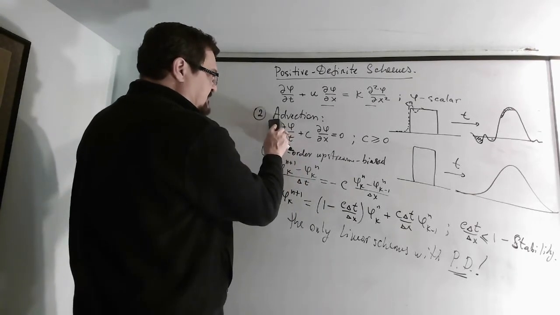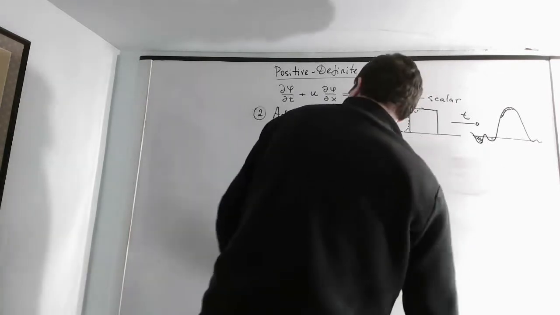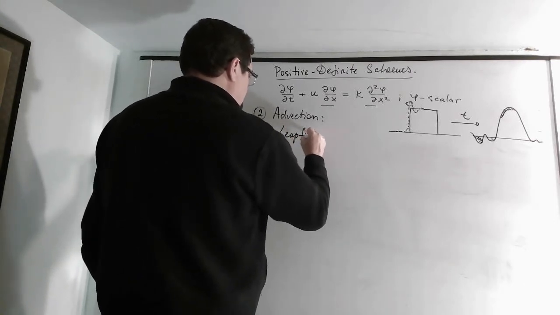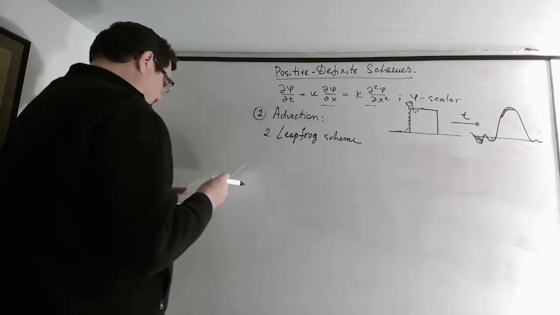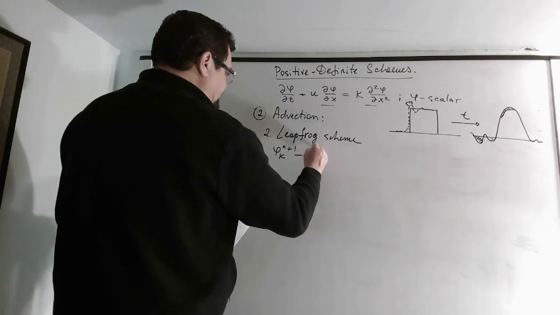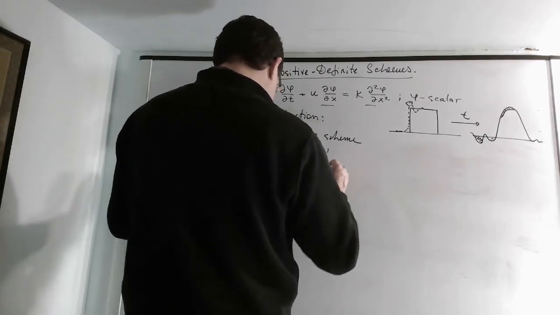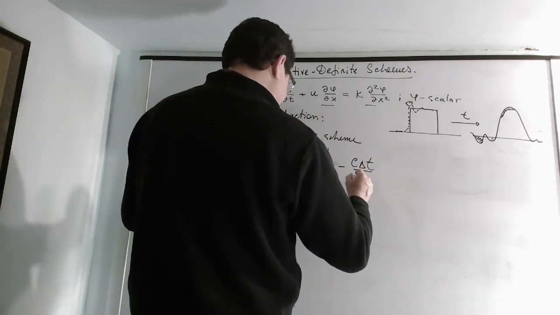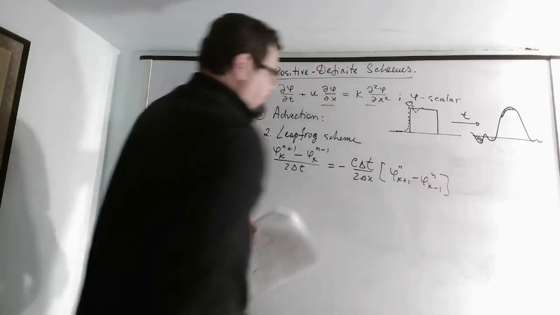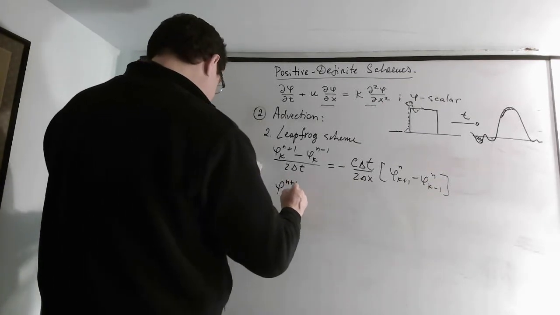Like, say, the leapfrog scheme. So leapfrog. We can write it, well, the leapfrog scheme, let me remind you, has the time derivative approximated with second order, and the advective part, the space part, looks the following. So this is the leapfrog scheme, and it can be written in our canonical form,